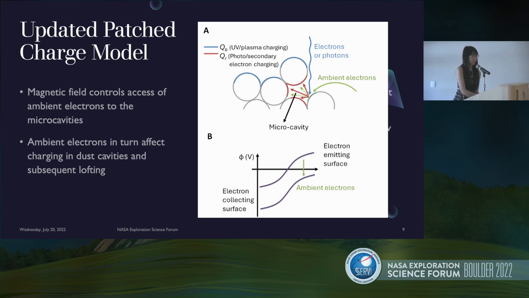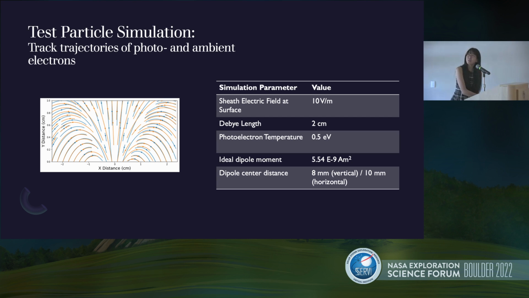So we have a theory, we should test it. What we did was a simple test particle simulation where we tracked ambient electrons in a system that closely mimicked our experimental setup. Here on the left is a diagram comparing the magnetic field that we measured in our experimental setup versus the magnetic field that we used in our calculations. And on the right, some of the key parameters used in the simulations, which I will skip over